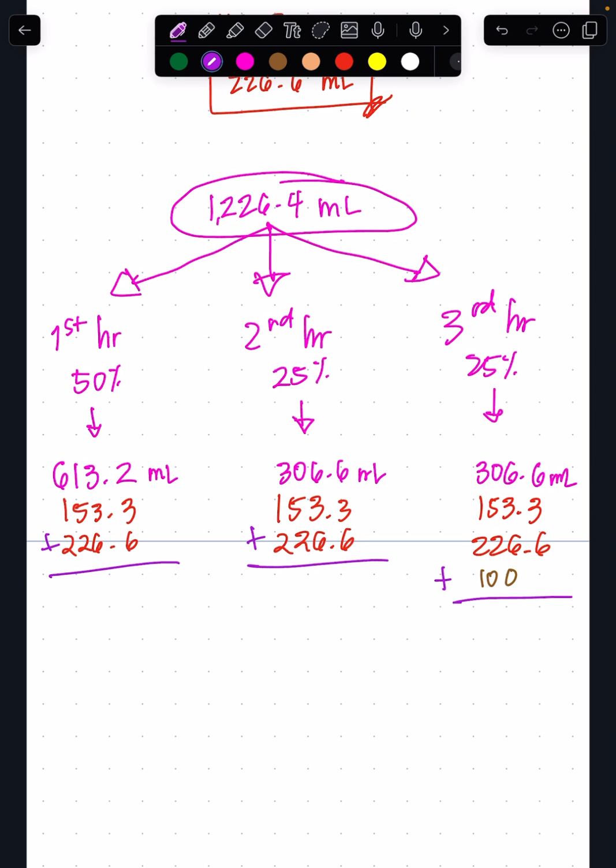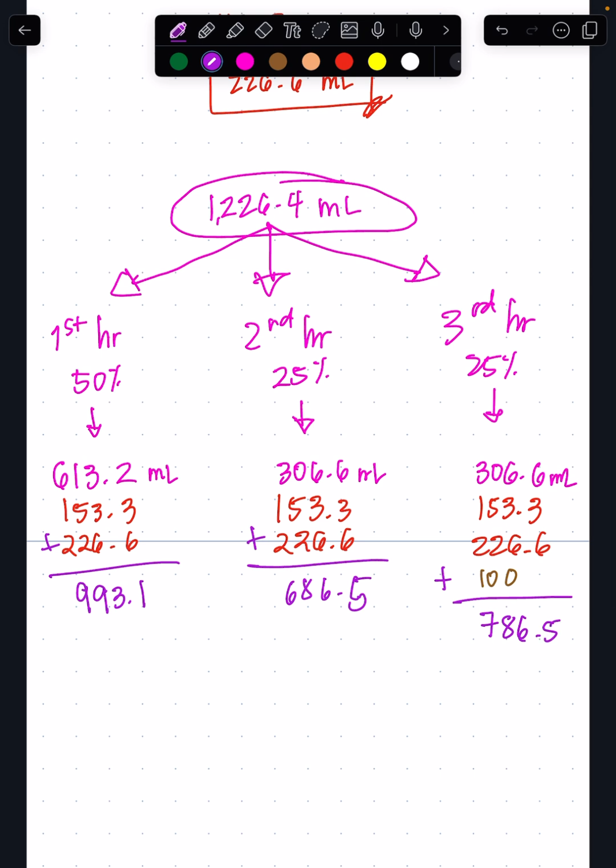So 613.2 plus 153.3 plus 226.6 equals 993.1, and then 306.6 plus 153.3 plus 226.6 is 686.5. And then 306.6 plus 153.3 plus 226.6 plus another 100, which is